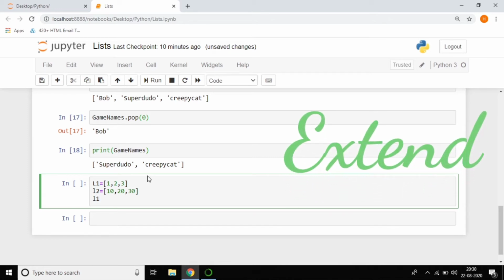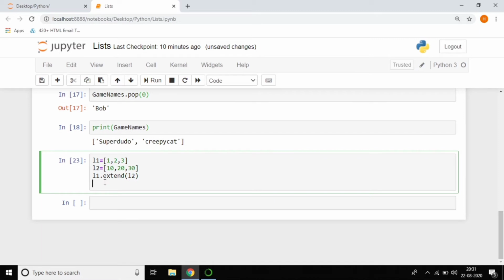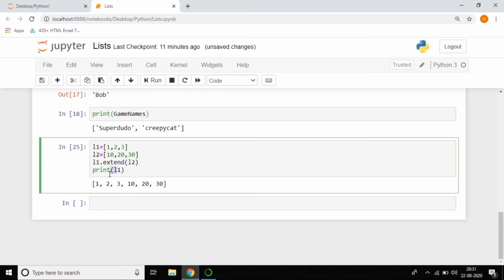So just make it L1 dot extend. This is the way to see the output. Now just print L1. So this is the way to add one list to another list by using the extend function. You can see the second list was added into the first list, and the total list is in L1.